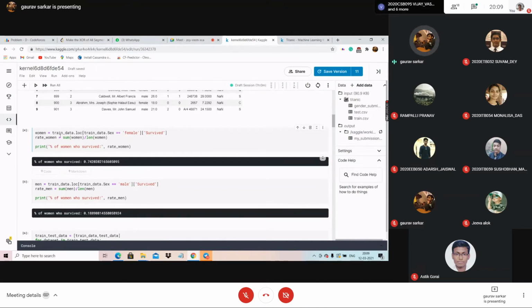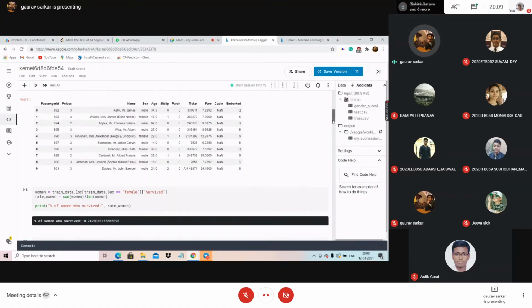See, there is this code: train_data.loc, train_data sex equals female, and another bracket, survived. Remember in matrix operations, what you do is array of row comma column, right? Here also we are doing a similar thing. We are finding all those data for which the row is female and the column is survived.